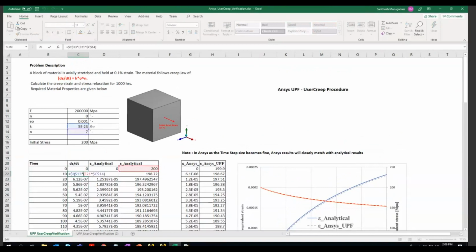For example, here is my k value multiplied by stress to the power of n. Okay, to start any creep phenomena, we need to have an initial stress in the structure. So the initial stress here is 200 MPa. So after some time, let's say after 10 hours, there is a certain amount of creep strain developed, which is